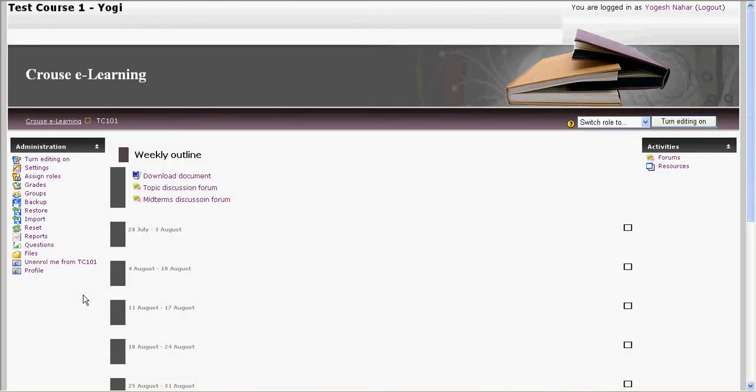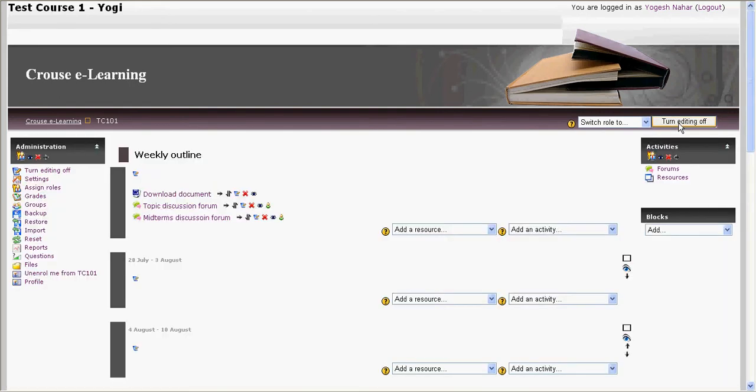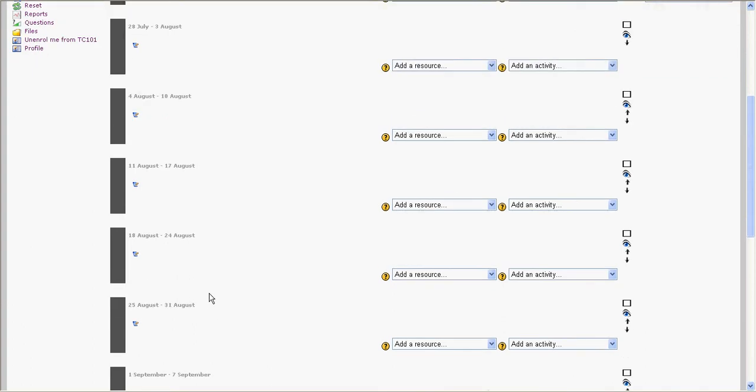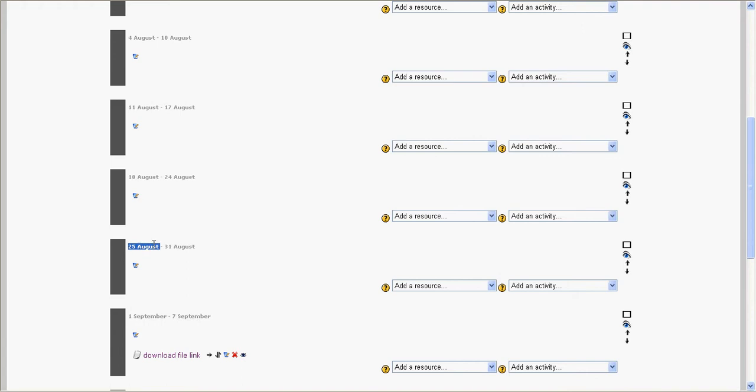Once you reach your course home page, you'll firstly need to turn editing on. Next, you will need to browse through the outline and select a particular week or topic where you'd like to add this assignment. Let's say I want to add this particular assignment to the week of 25th August to 31st